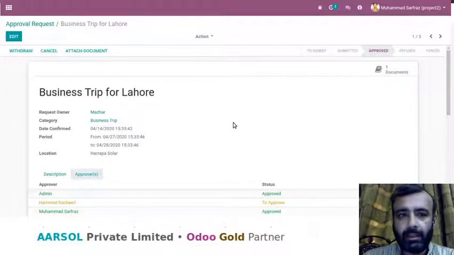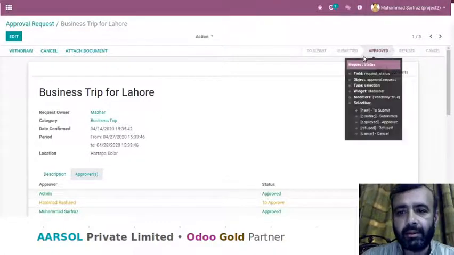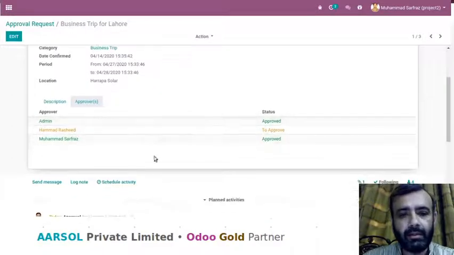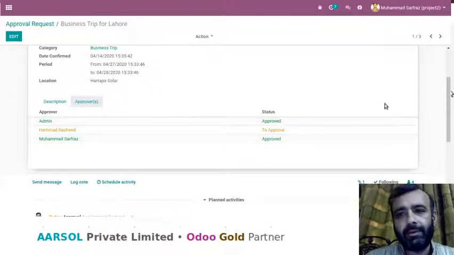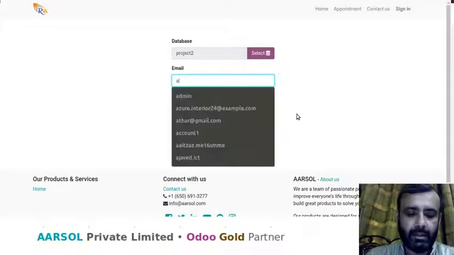Although at any time we can attach different documents, and we can cancel it, and even we can withdraw our approval. If let's say Mr. Sarfraz has approved this one and he wants to withdraw his approval, then he can click on this one, then his approval will be withdrawn. Now I again log in with the admin login,